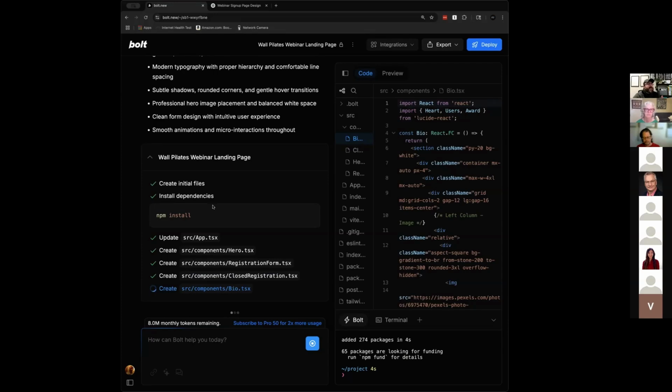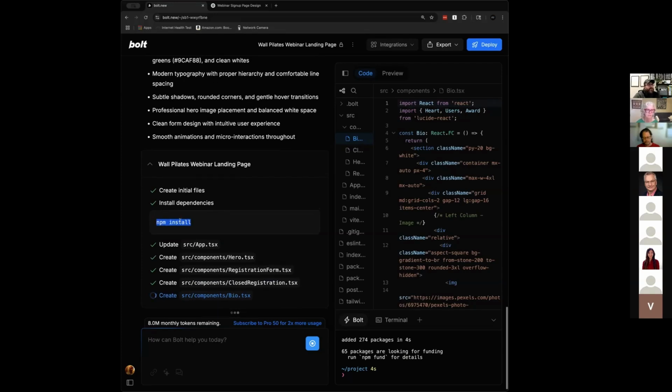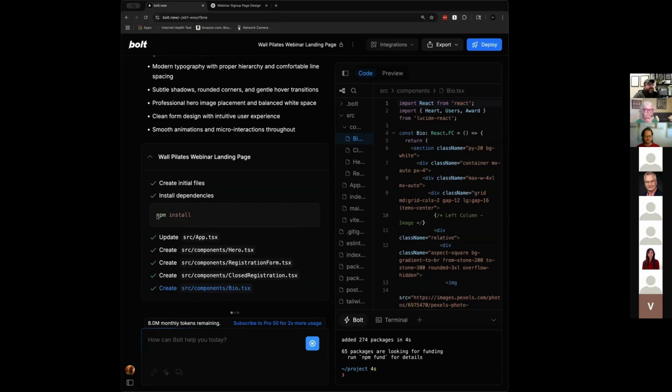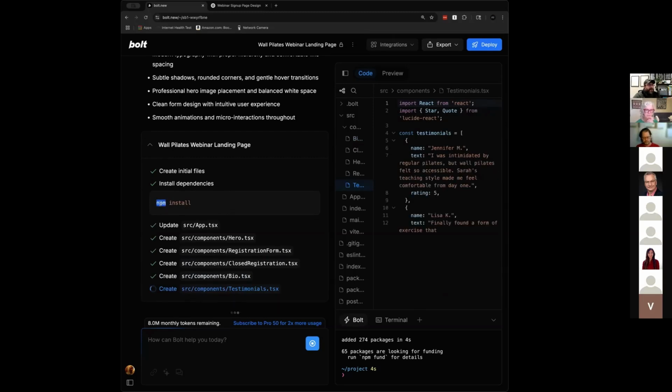Then npm install: npm is a node package manager. All that means is it helps manage these dependencies, pulling these files in. It's installing them, meaning it's pulling them down and making them available to your code. From there, it's just building these things out.